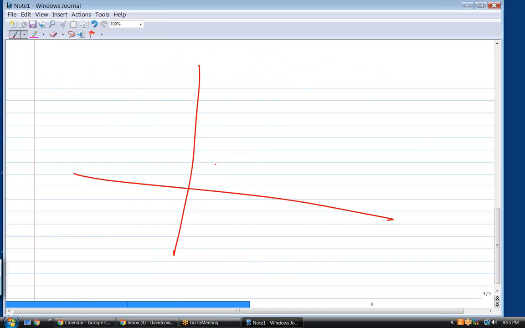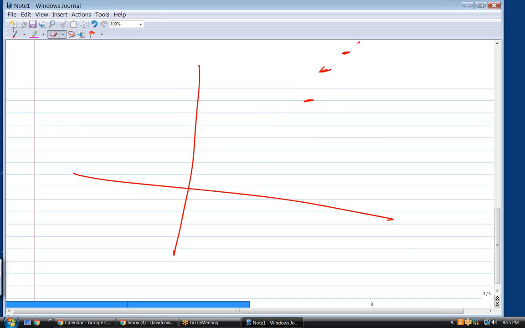If I put a bunch of data points like that, okay, that appears to be a linear relationship. In other words, if I can fit the best straight line through that, that's a better fit than if I try to put a parabola through that. Okay? But sometimes you have points.